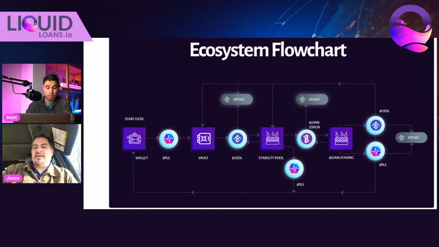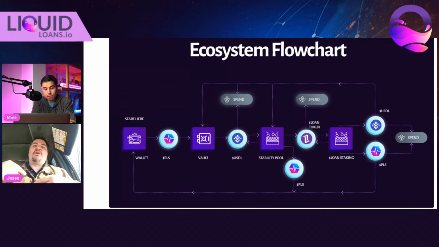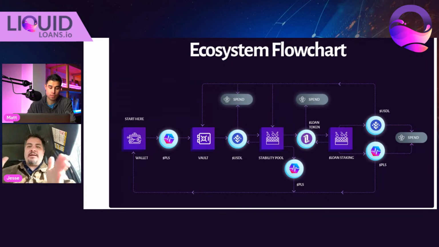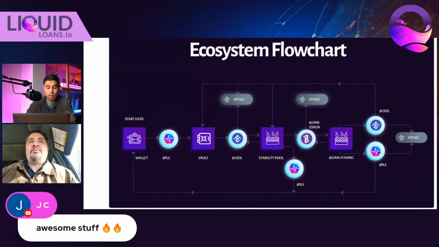Yeah, so on this chart, there's just one piece I want to add. Compound. If you're earning USDL while you're staking, what are you going to do with that USDL? Well, you can certainly add it to the stability pool so you can get even more loan tokens. And you take those loan tokens and you stake them so you can earn even more USDL. Just take your rewards and start adding to your stack in the staking pool and the stability pool, and just keep growing until you're comfortable with how much income you're earning. That's the only thing I'd like to add.